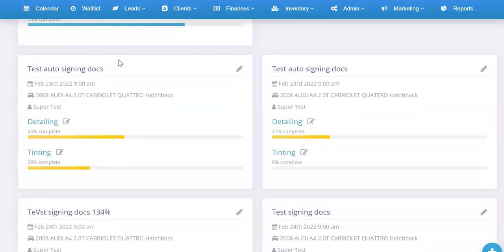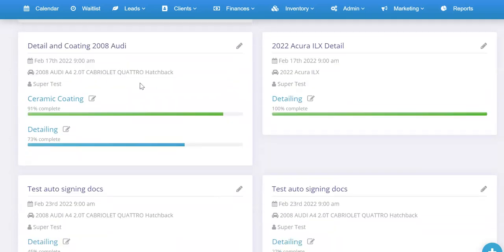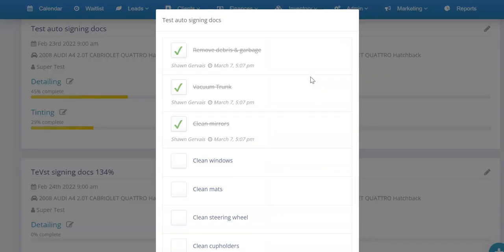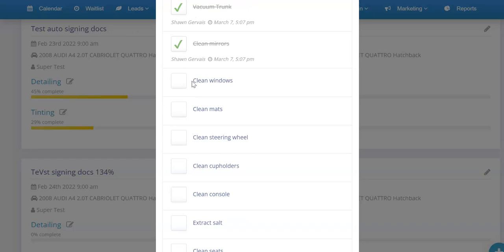And now the cool thing too is from here you can one click go right to the actual event, and you'll be able to edit that event. But the other thing is you can actually mark things as done. So if you know that something's done, or you're checking with your staff and you're like, hey, just wanted to check in, where are you at, and did you do this, you can click on them, and they will pull up the task list. So in this case, this one's at 27%, and I'll show you, it's cool because it updates in real time. If we click that, it pulls up all the checklists, and I can say, hey, Bobby, did you